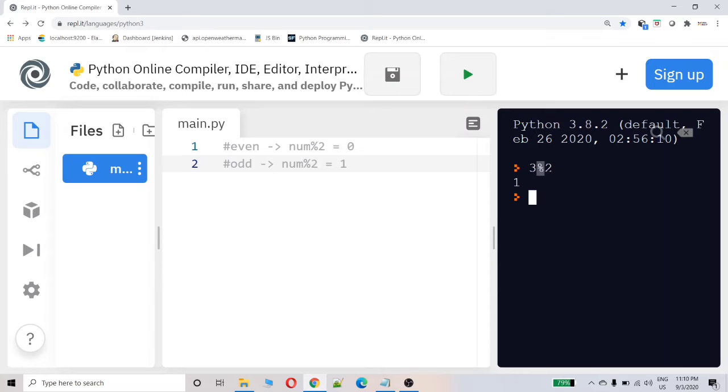This percentage operator we are using to get the remainder. Likewise 4 % 2 gives the remainder 0, so we will use the percent operator to get the remainder. Now going to our question, to print the even or odd numbers from 0 to 10.